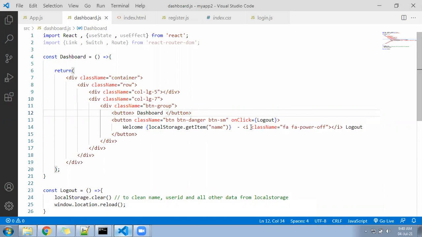Here you can keep an I tag, a home icon, fa-home. For this button keep className btn-light. The last one also, we have given danger. Danger color, we can give warning, better. We wrote btn-group. Now